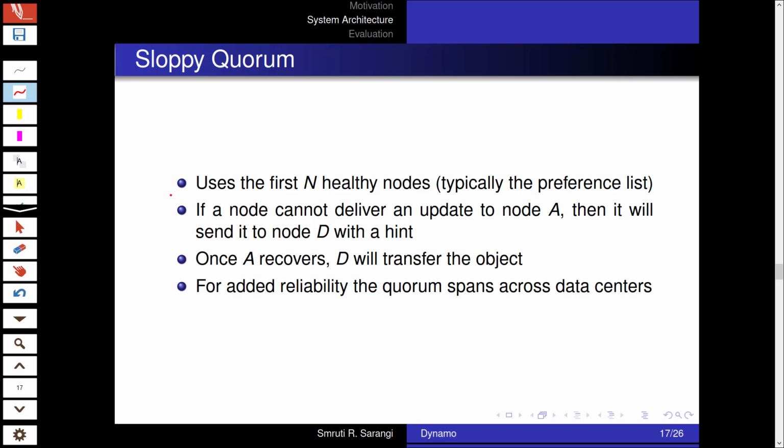So furthermore, Dynamo defines a new concept called a sloppy quorum. In a sloppy quorum, it uses the first n healthy nodes, which is typically the preference list. So assume that a node cannot deliver an update to node A. Let's say we have this part of the ring, and this is the coordinator.